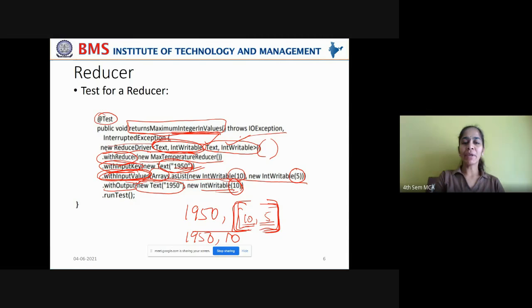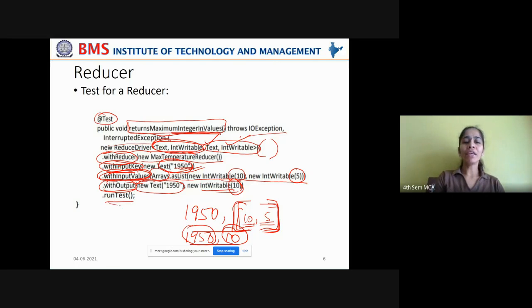You are expecting as output the year and the maximum temperature from the array passed. If your reducer class is able to locate the maximum temperature in the given array, it would work with the original key value pairs also, right? So you're testing it at a smaller scale with a user defined array. Once it works fine, it works with the larger data set also, right?